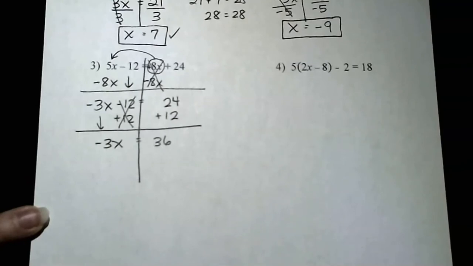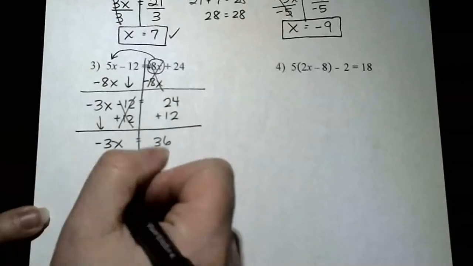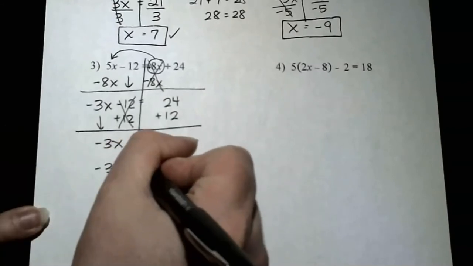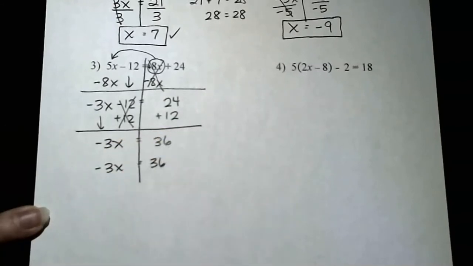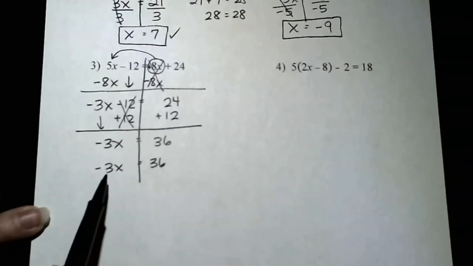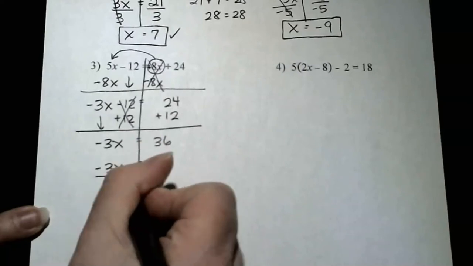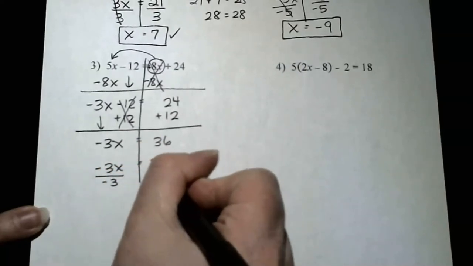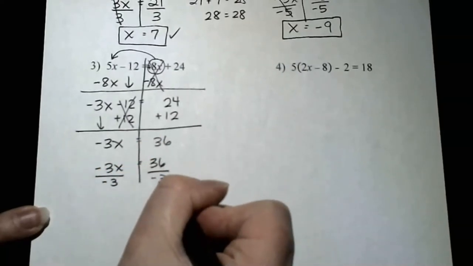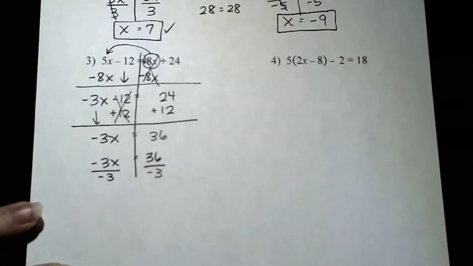All right, so the x's are on the left, the numbers are on the right. This is when you divide. So I need to divide by whatever's in front of the x, the coefficient. The coefficient is negative 3, so I'm going to divide by negative 3 here and divide by negative 3 here. And that way,